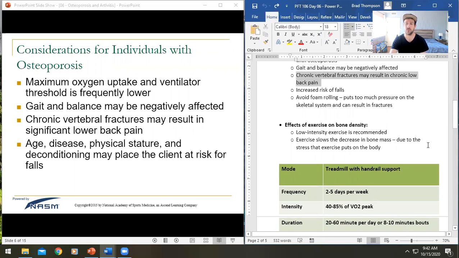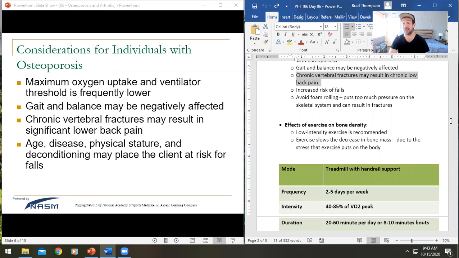We're going to see chronic vertebral fractures, which often result in low back pain. And so again, with decreased bone density in the low back, we do see an increased risk of fractures in the back, right? My mom, for instance, has 4 broken vertebrae in her lower back. Now, that's not 100% because of osteoporosis, by the way. My mom has the same genetic condition that I have because she passed it on to me like a freaking jerk,